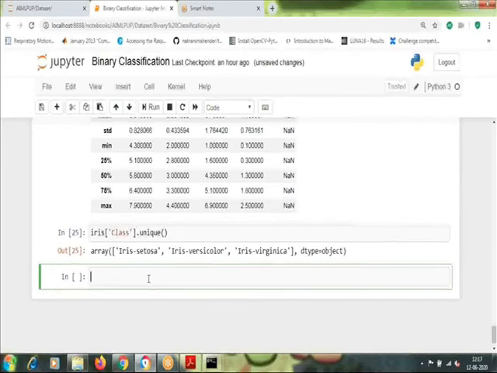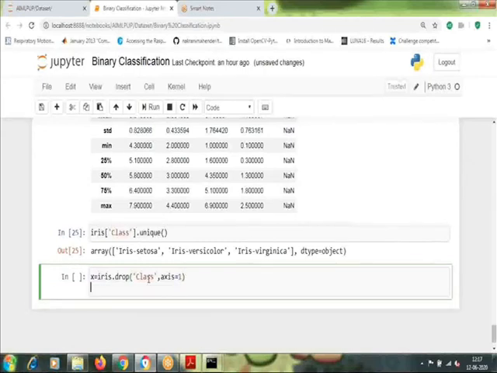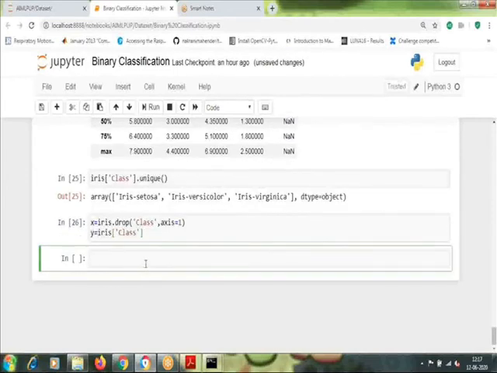Now all the steps are the same. First you need to get the feature values. So iris drop, we need to drop class here with axis equal to 1, and for y you need to get only class. Then you need to split them. So xtrain, xtest, ytrain, ytest